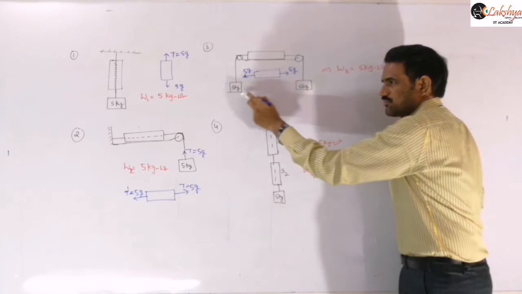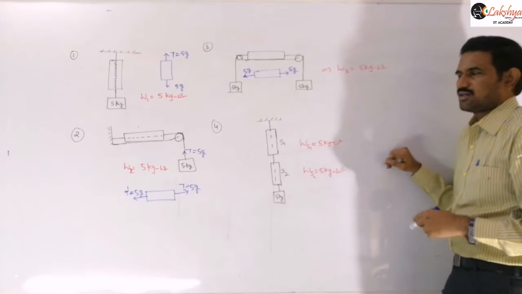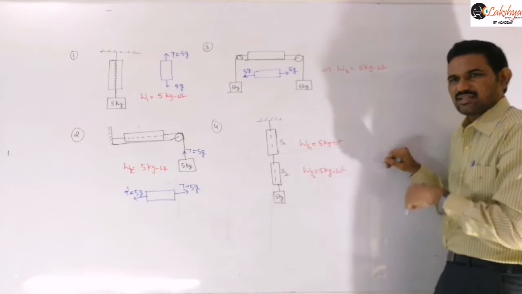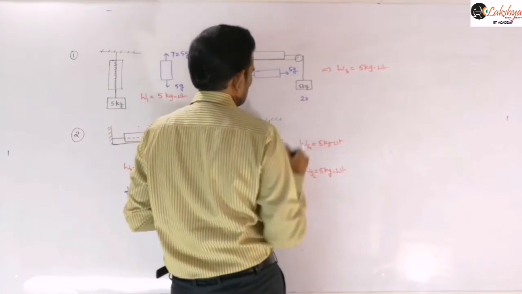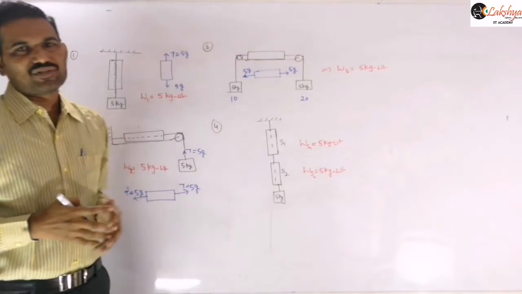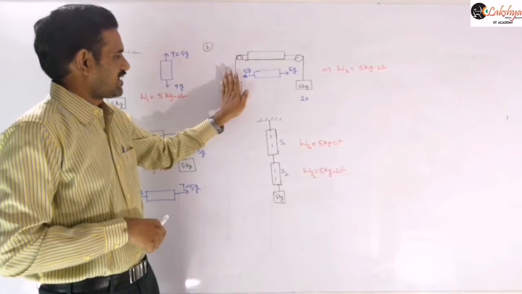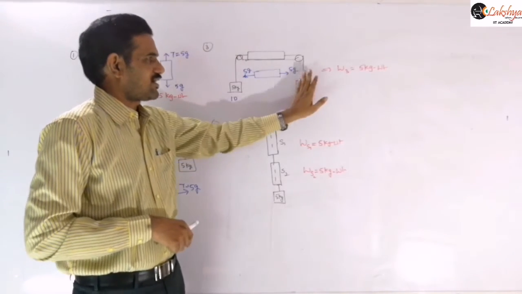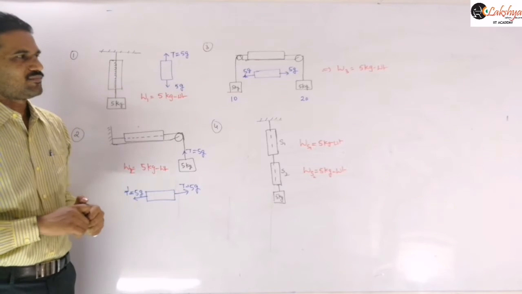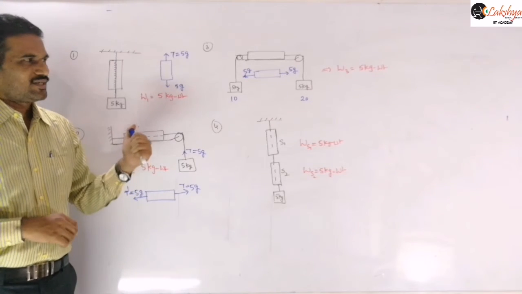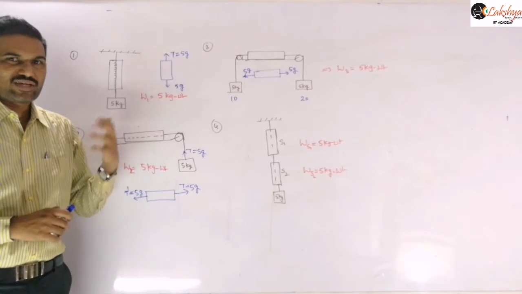Now if the masses on both sides are different, say one side is 10 and the other side is 20, suppose this side take 10 kg and this side 20 kg, then what will be the reading of the spring balance in that case? Can you say the reading? It is not the average, and it is not either 10 or 20. So we need to calculate that value.